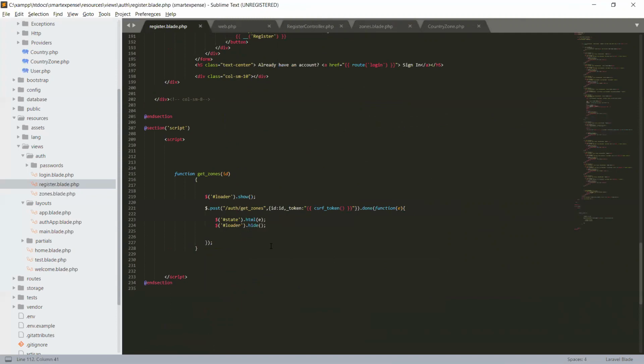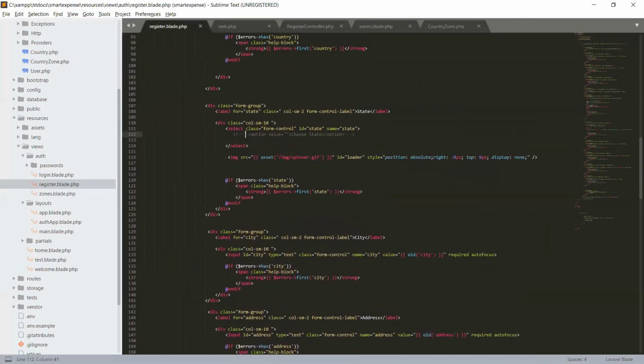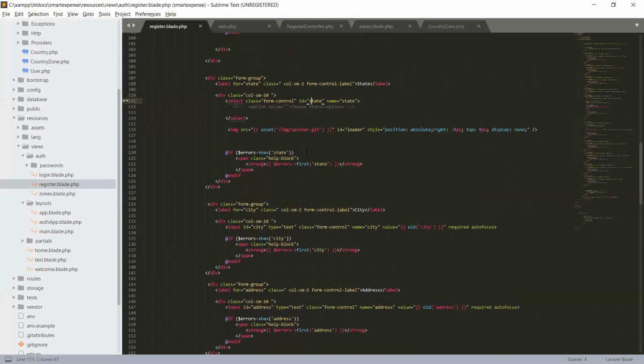So when there is data, the loader will become hidden. So the state is now here. So this is the state. So we are grabbing this ID and showing the data in the select. So here all the HTML will be written in this. So hope it makes sense.